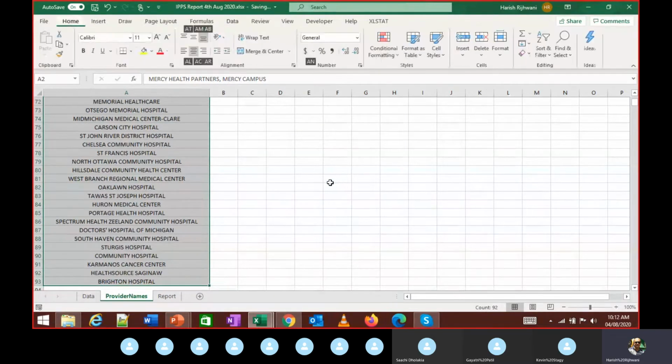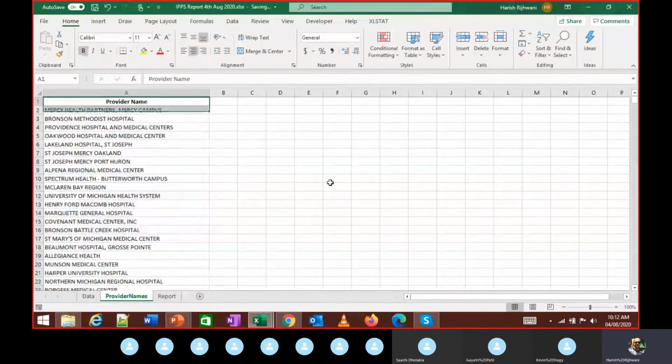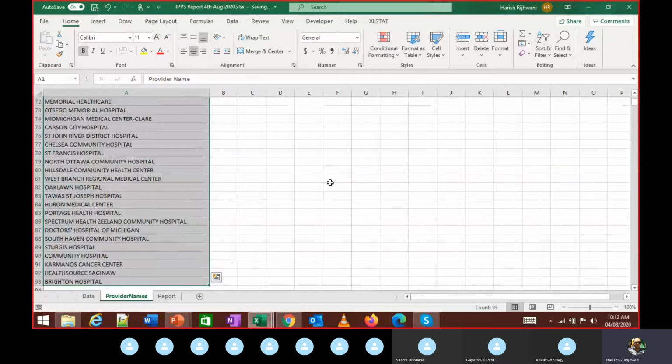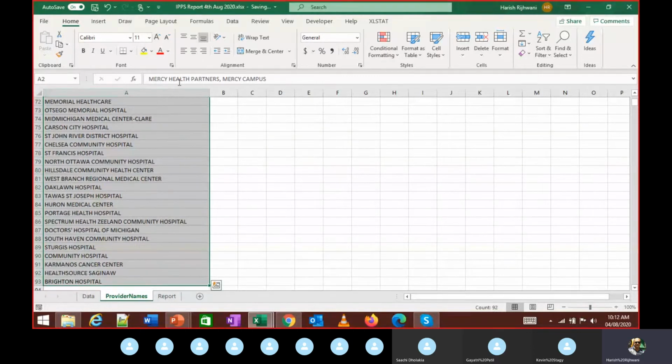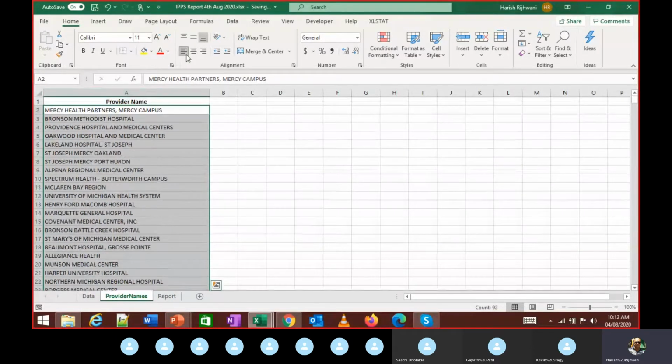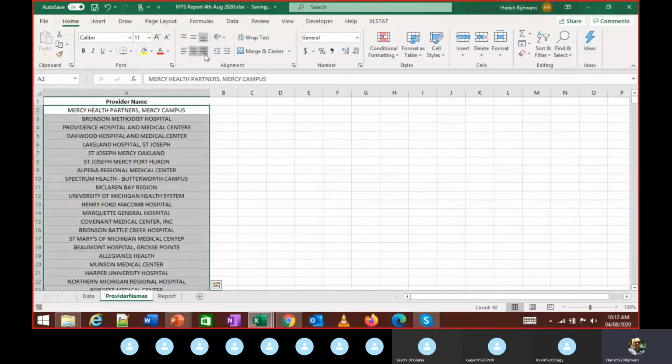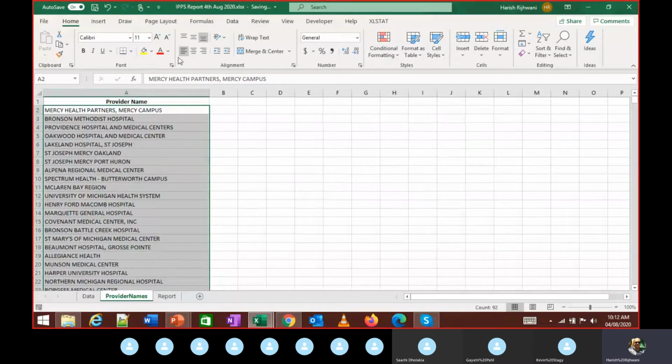So I have left aligned this, okay? I have left aligned this. To left align it, on the home tab, you see the option over here in alignment. This is left aligned. This is center aligned. This is right aligned. I'm pretty sure you know this if you use Word a lot. You know this.